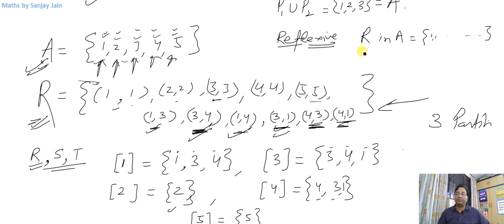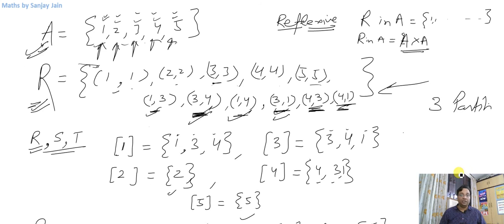What will be the minimum number of partitions? If the relation in A has got all the elements, that is, it is the universal relation, so it is A cross A. So if you write A cross A, 1 will be related with 2, 3, 4, 5, every element, right? So the equivalence class of 1 will be the set {1, 2, 3, 4, 5}. The equivalence class of 2 will be 1, 2, 3, 4, 5. So every element will have the same equivalence class, that will be 1, 2, 3, 4, 5. So if I talk about the number of partitions, that will have the minimum number of partitions, that is 1, right? Which will be 1, 2, 3, 4, 5,